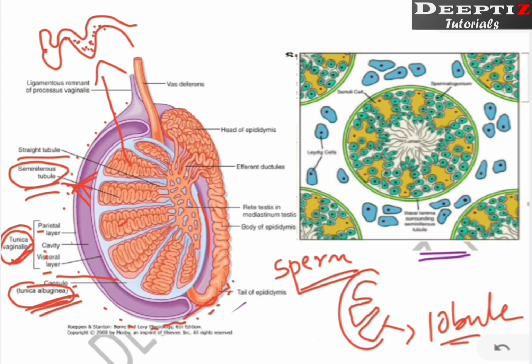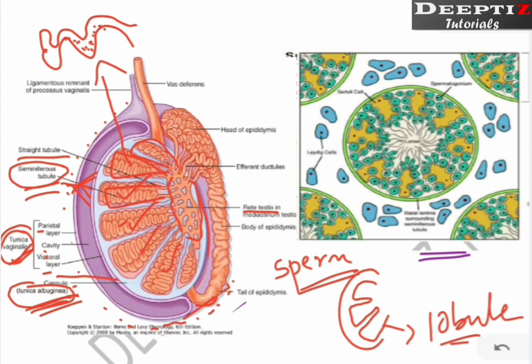Now when the sperm is produced by this tubular structure, the sperm from each such compartment, from each lobule, is collected by a network-like structure. This network-like structure we call rete testis. So what is rete testis? It is a common network-like structure which collects sperm from each compartment, right? In each compartment there is a seminiferous tubule. The seminiferous tubule produces sperm. Sperm will be collected by the rete testis.